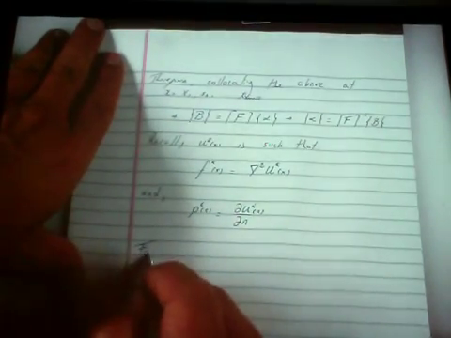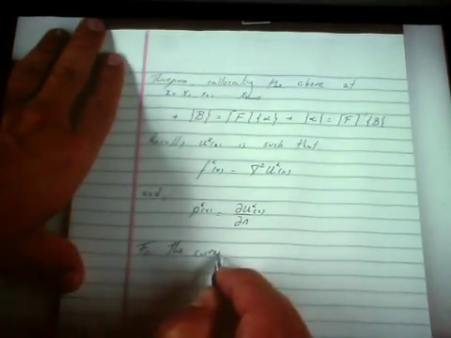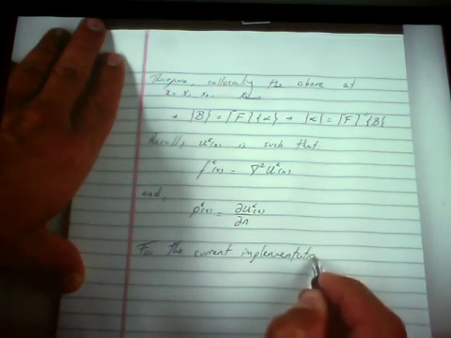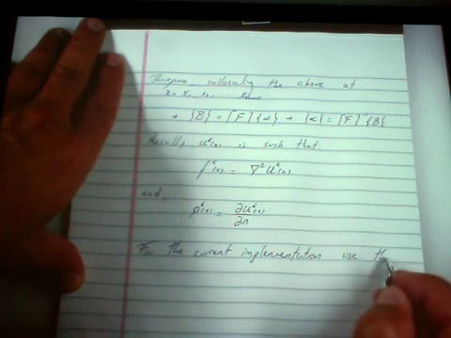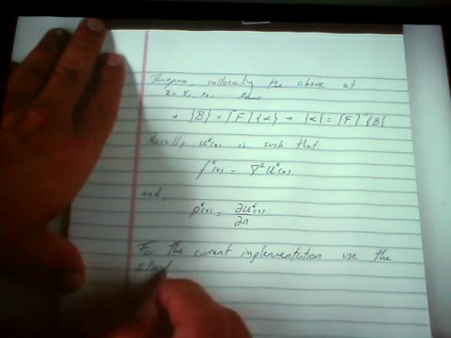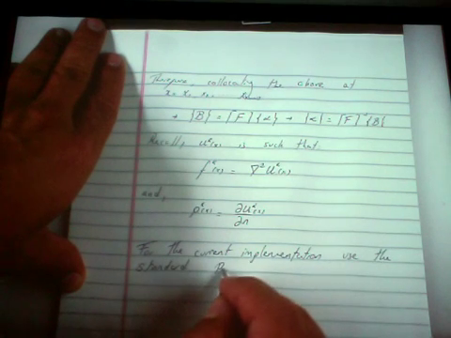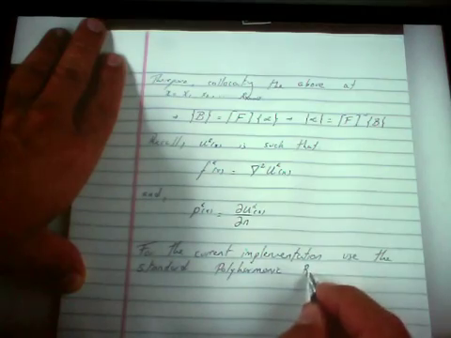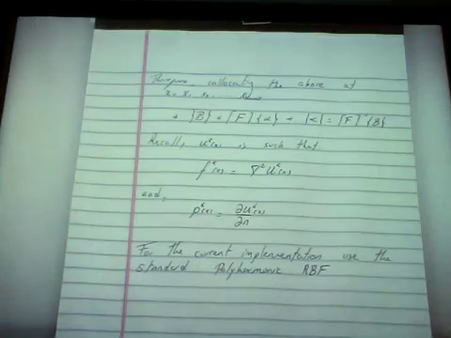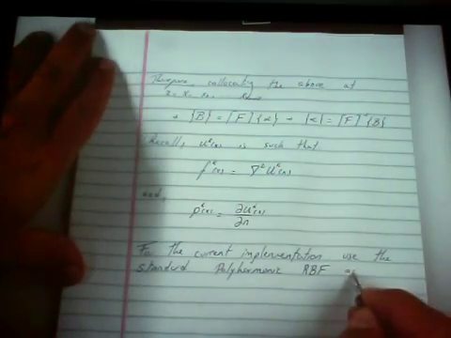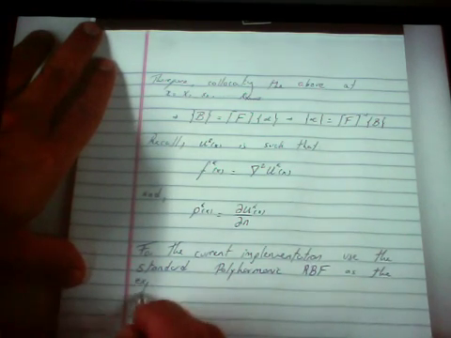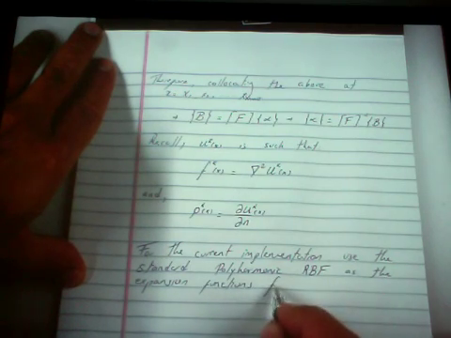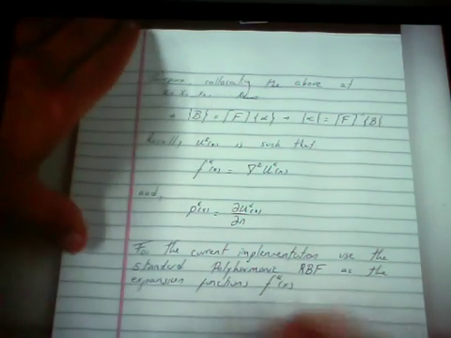For the current implementation, I use the standard polyharmonic RBF, radial basis functions, as the expansion functions f_k of x, such that